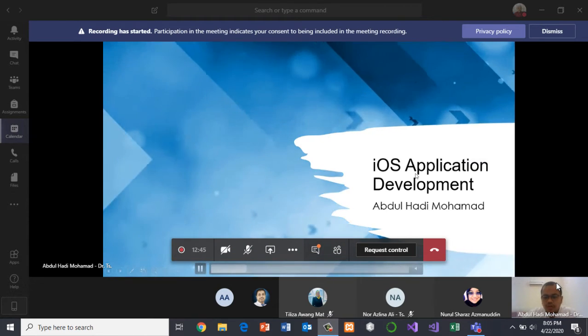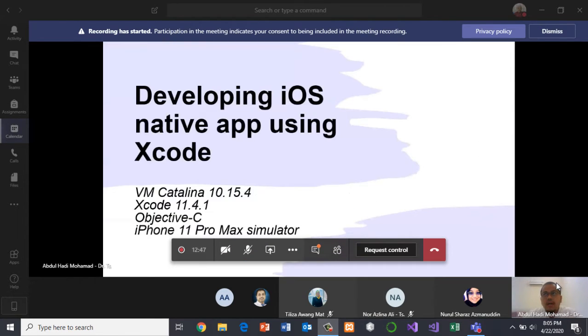So for the first round, we will start with some theoretical knowledge about developing an iOS native app. There is a lot of initial knowledge that needs to be given first, and only then can we start to develop some code, very simple code, one screen. The idea of developing an iOS native app using Xcode is actually to develop an app with a single screen, which